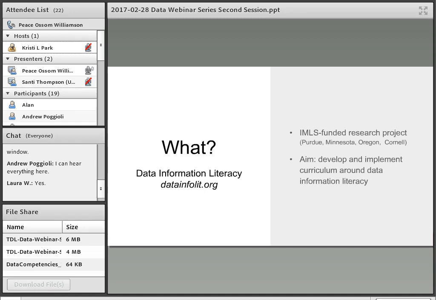So we were originally looking at developing data services at our university, and we were interested in seeing what was going on with other libraries, how they were teaching data, and what they were doing on their campuses. So we did a lot of outreach with other data librarians, talking to them or checking out their websites, and so on. And we happened upon the data information literacy, which is information about it is at that